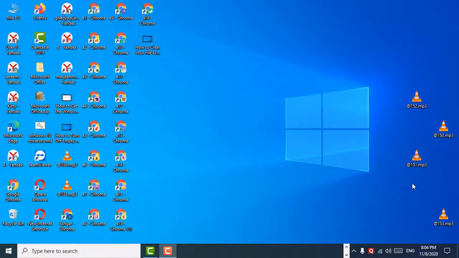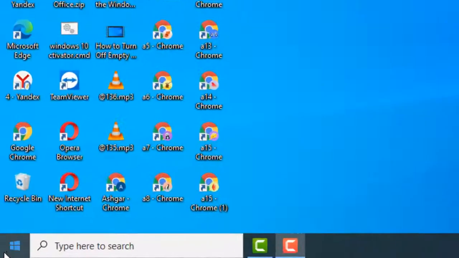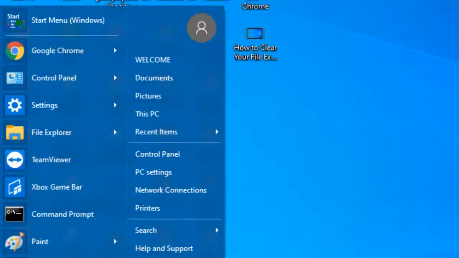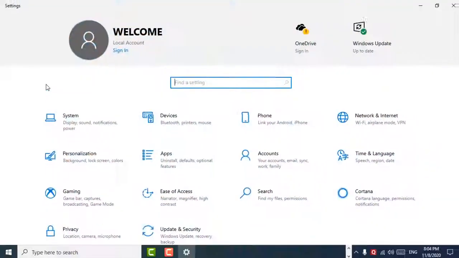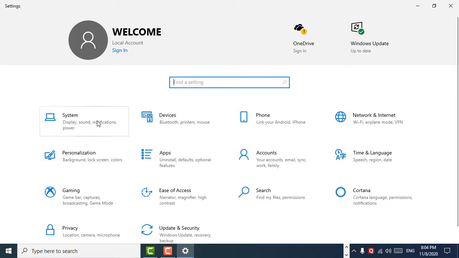Guys, today in this video I'm going to show you how to disable notifications on a Windows 10 PC. So guys, if you want to disable notifications on a Windows 10 PC, it's very easy. Firstly, click on Start, then go to the Settings icon, then click on System